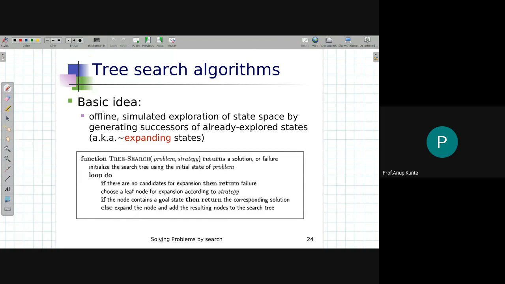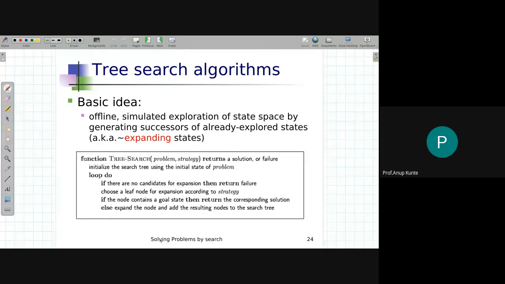Okay, so this algorithm very quickly we'll look at, and then we'll look at the implementation. That's the next thing that we're going to look at. And the only mention of the other algorithm I will do very briefly, and then we'll move ahead. So this algorithm called tree search algorithm, there are two inputs to this. One is the problem and the search strategy. Earlier you haven't seen this word strategy over there because we were talking about a general tree search algorithm from the book. What this word strategy means and how this plays some part in the coming topics we'll soon find out. The returned is a solution or failure.